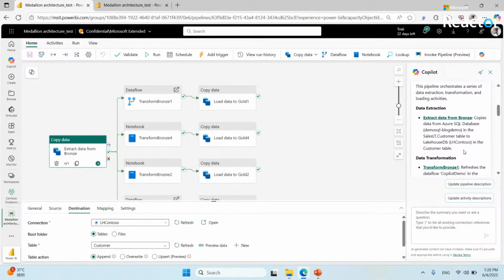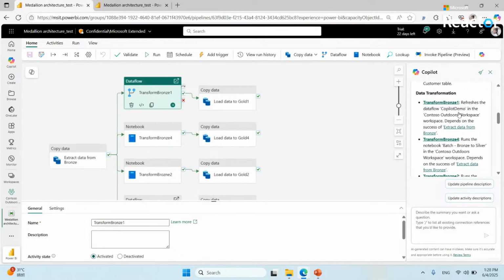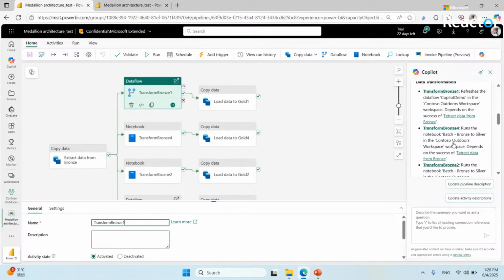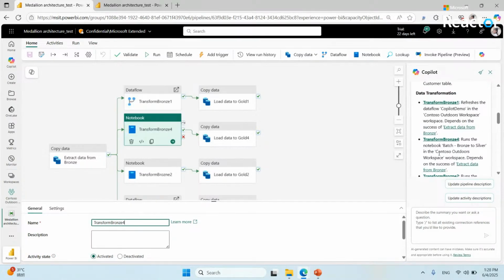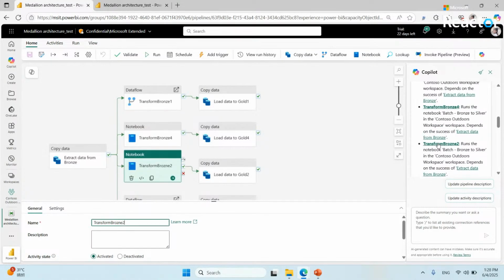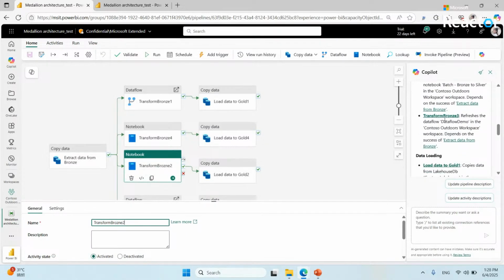And then they're followed by the four transformations. When I click on each transformation, it very easily maps for me what the activity is and the related transformation activities in the UI. The final part is loading the